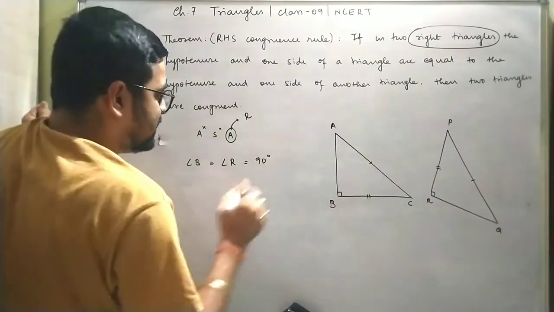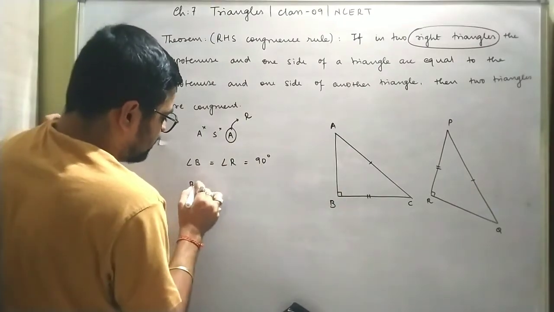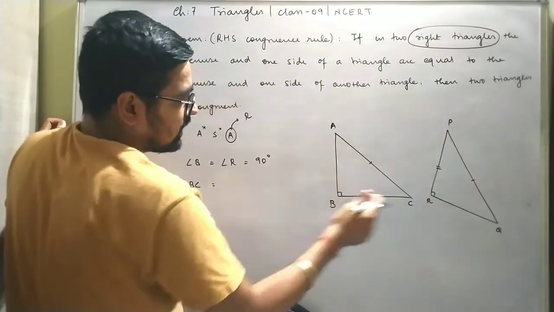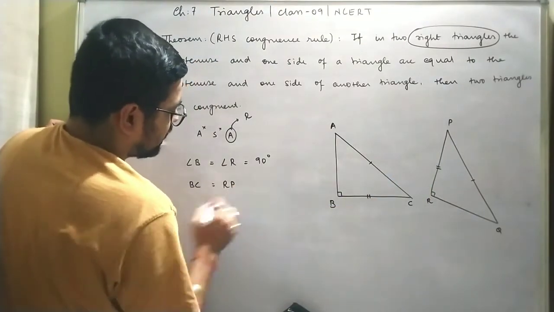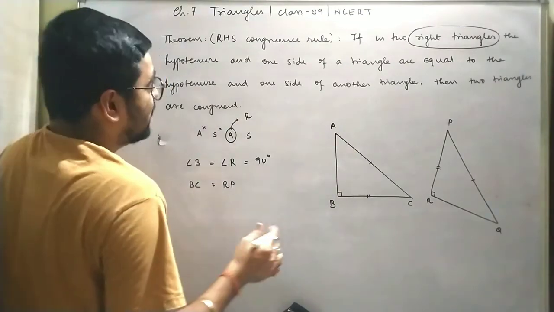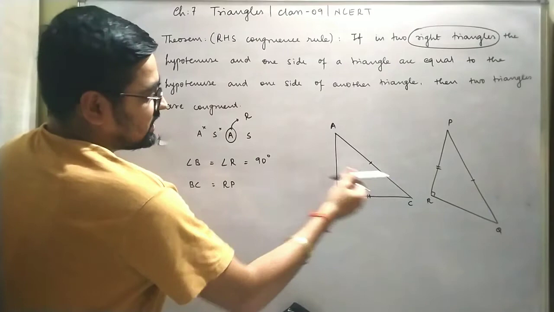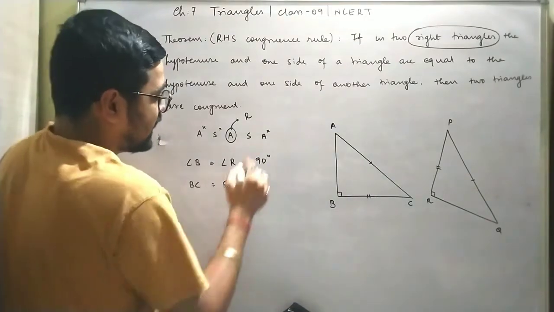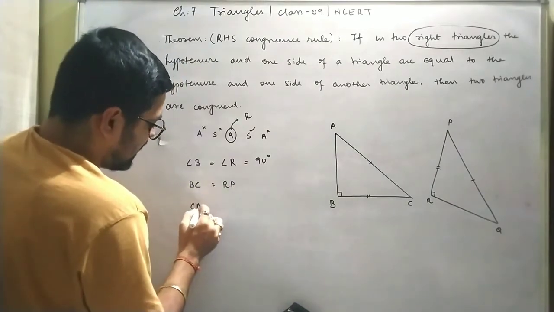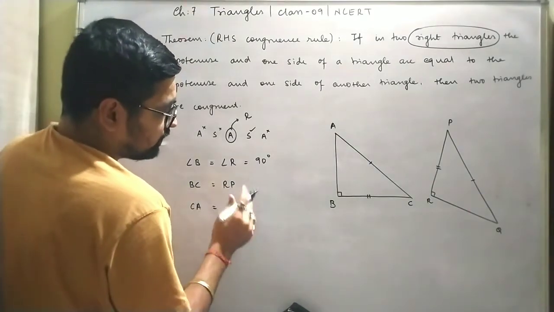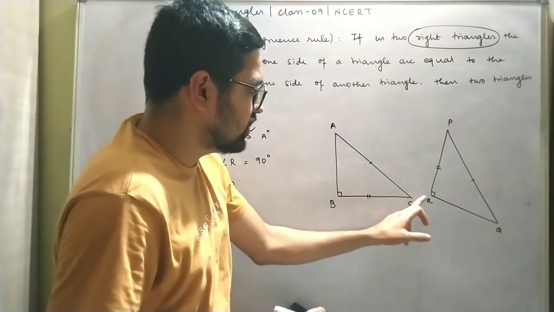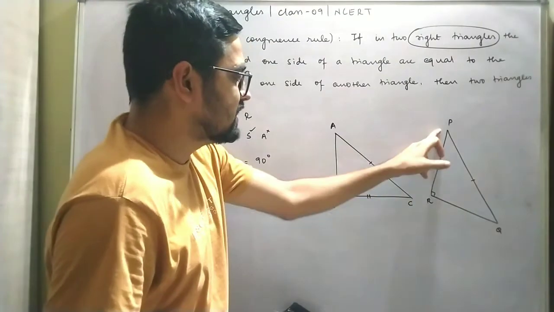Correct. Now let's say BC. So we have considered that BC is the corresponding side, one of the sides, which is equal to RP. Correct. These two are equal. Do we know angle A? So we got to know this side. Correct. Do we know this angle C? No. Here the angle is also not known. Correct. This is only what we know. And we know side CA will be equal to... Now we need to pay attention. Correct. We went from B to C. So here R to P. We don't know angle C and P.